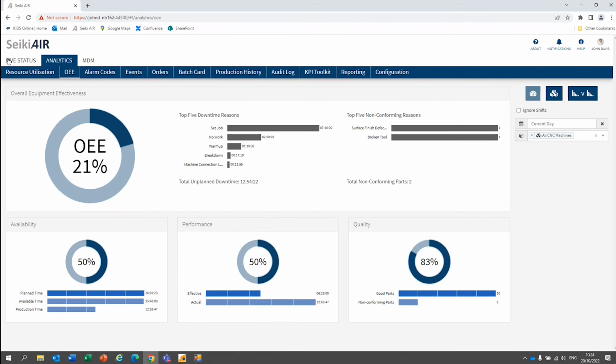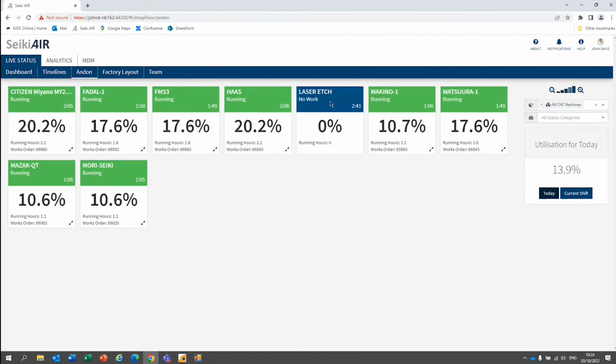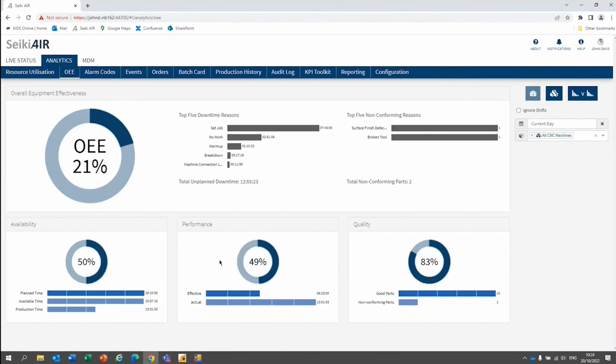In fact, if I just very briefly look at my hand on screen, you'll see here, most of my machines are running now, bar the laser etch, which has got no work. But they've been running during this presentation, but I haven't booked any parts. So my performance is pretty low. I'm never going to get any better than 50% because my availability is 50%. But if we just look at that performance factor,